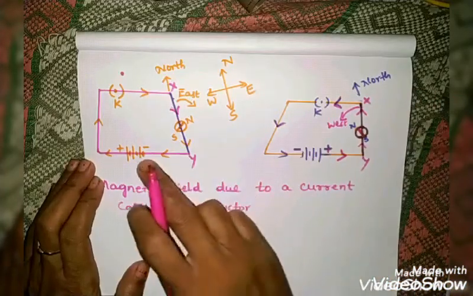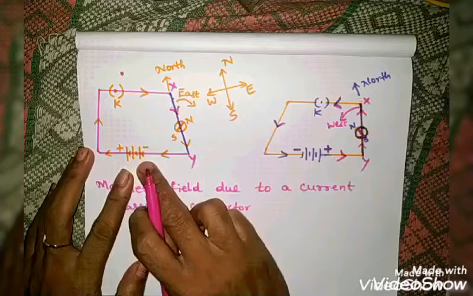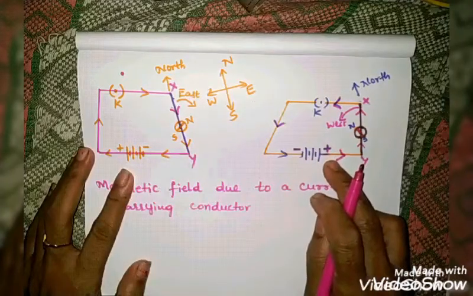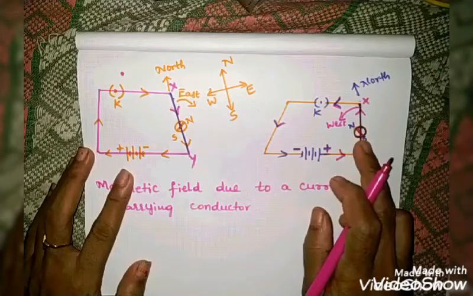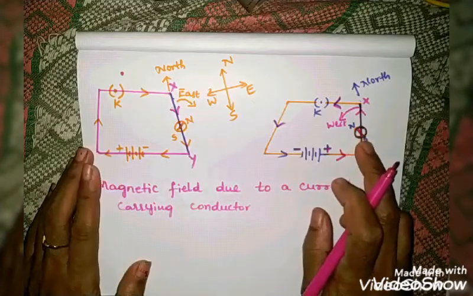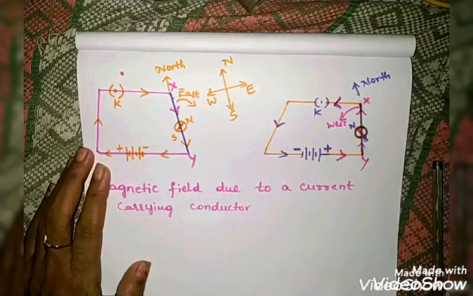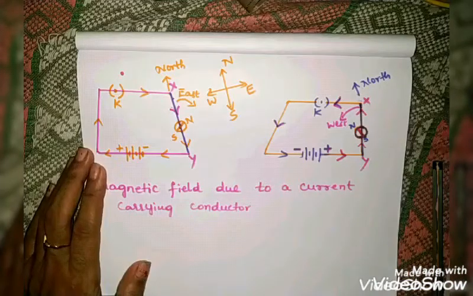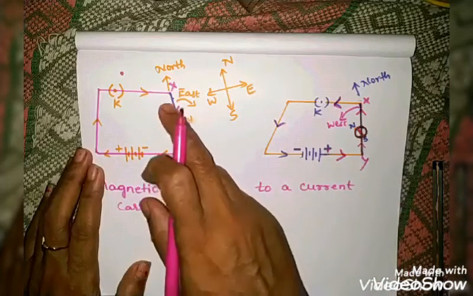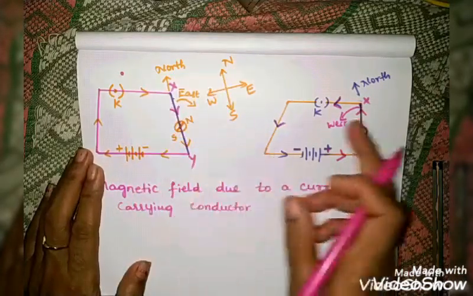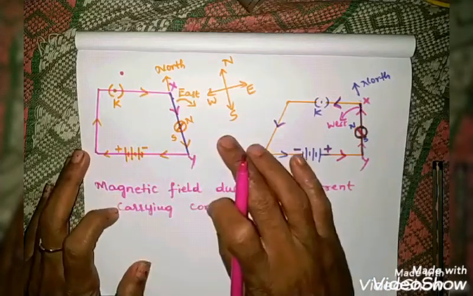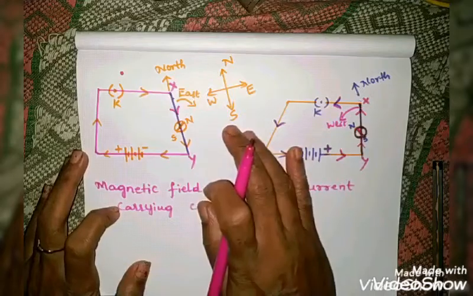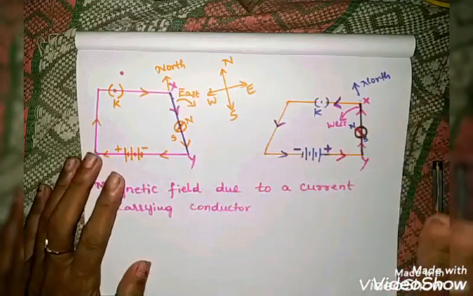What does it mean? When the current is reversed, the direction of the magnetic field is also reversed. The deflection in the magnetic compass is also reversed. So that means whenever the direction of the current is reversed, the deflection in the needle becomes opposite. In the first one, east direction. In the second one, west direction. So whenever we reverse the direction of the current, the deflection in the magnetic compass needle will be opposite to the first one.